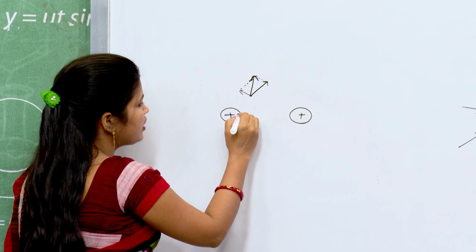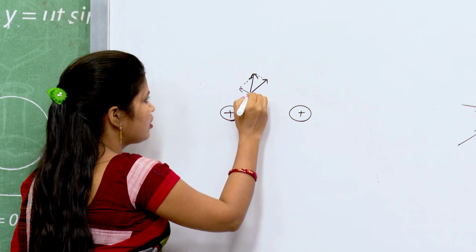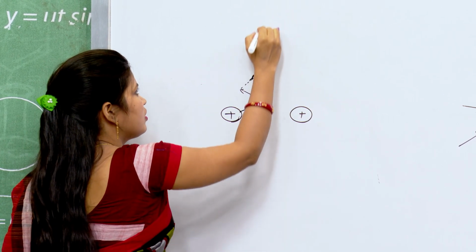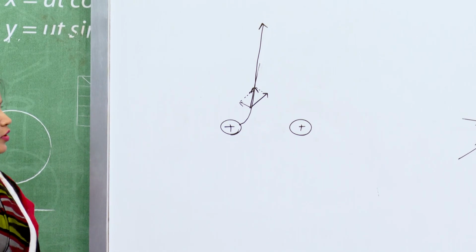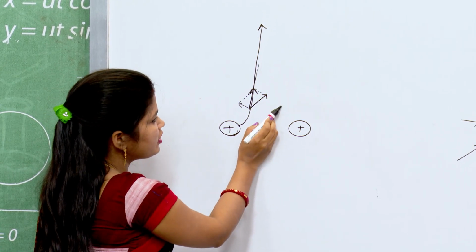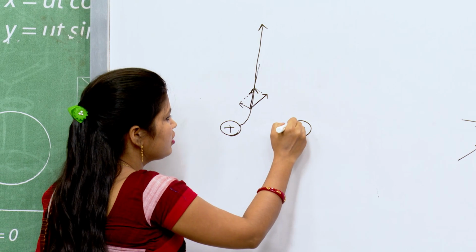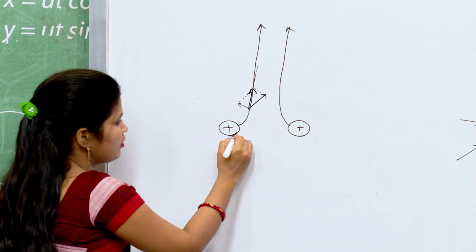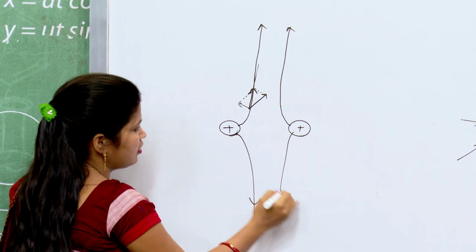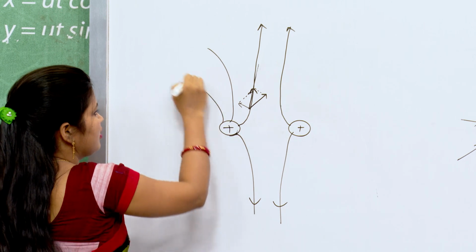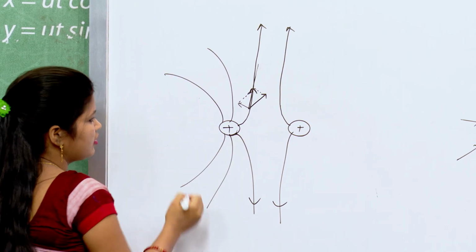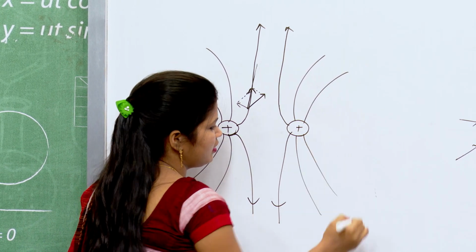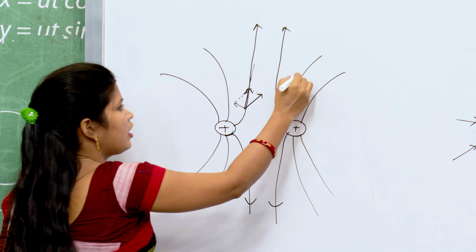So, when we draw electric field line, this will go, this will go in this way. Then also you imagine test charge here, and in this way the line will be. So, in this way we can draw electric field lines due to like charges like this. Okay, that is outward.